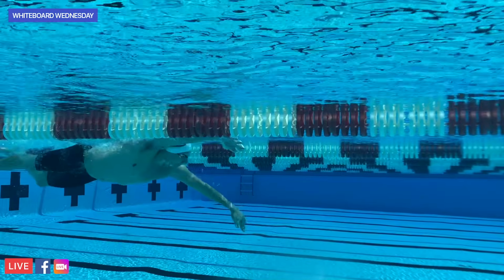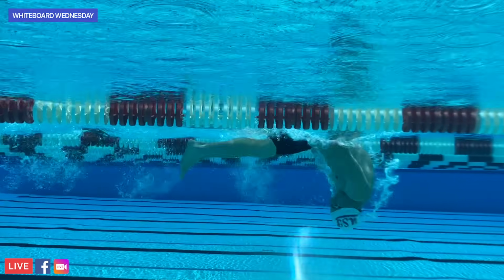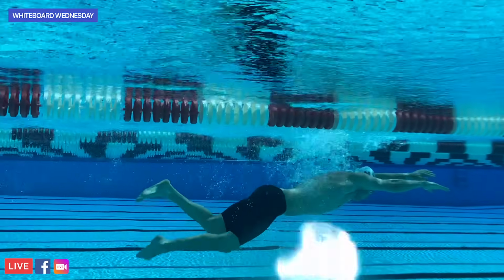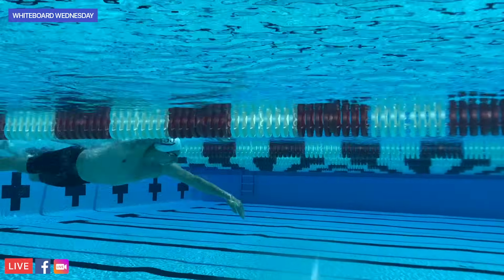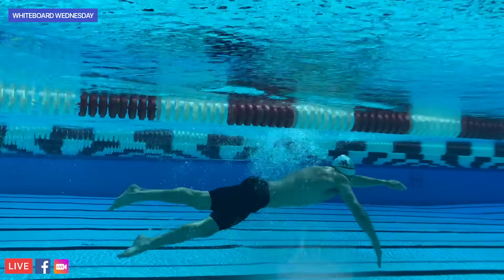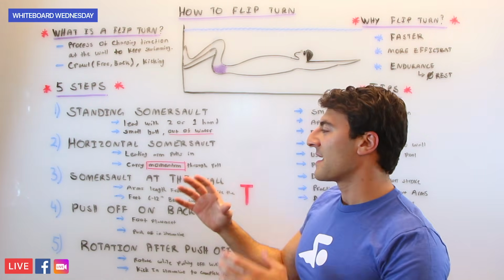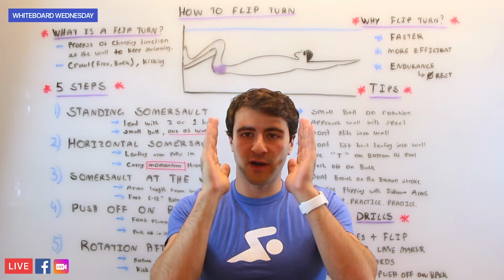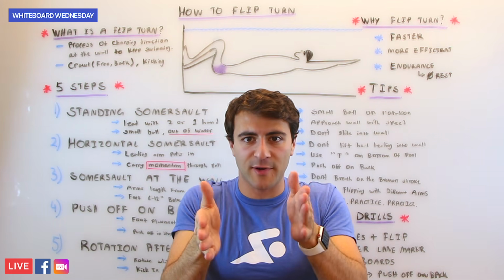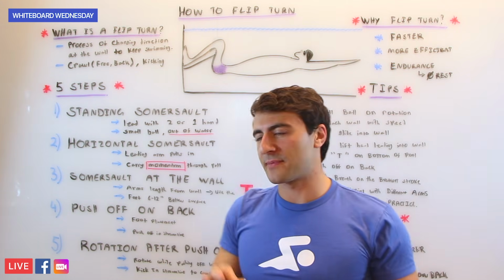And the key is carrying momentum through the pull. You don't want to take your 3 strokes, stop, and then pull. You want to use the speed that you have swimming, similar to when you were pushing off the bottom, to leverage that speed and then use that momentum to carry you into a really tight ball. So once you've mastered the standing somersault and the horizontal somersault, and you're able to flip your body 100%, 360 degrees, feet over, heels over the water straight away, you're not rotating onto the side, then you're ready for step number 3.